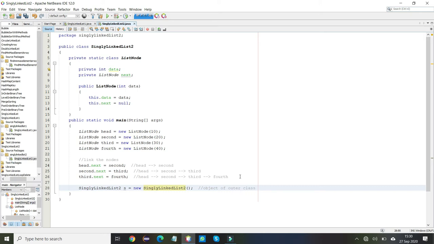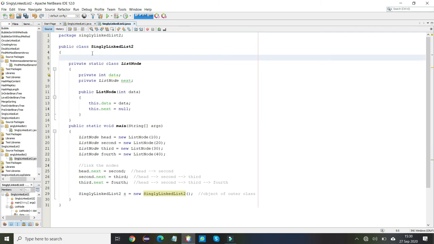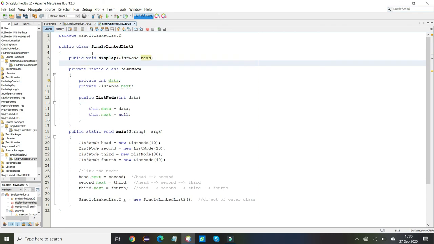Now, for printing the elements, we have to create a display method. So, we can create the display method in the outer class. Write public void display, and it takes ListNode head.